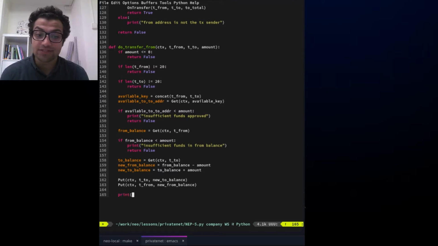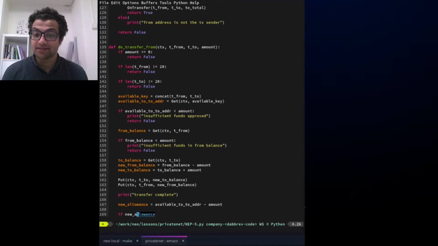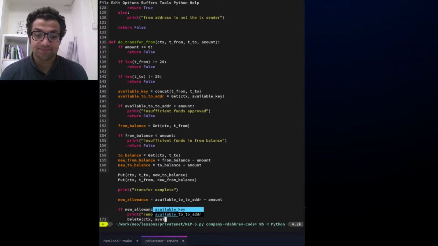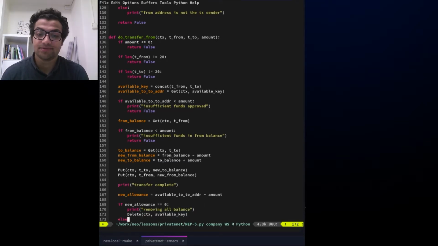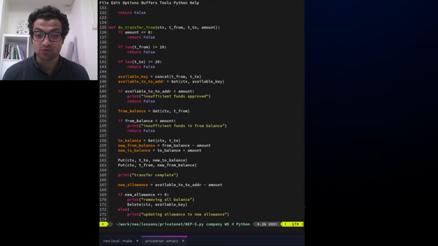After that, we save all these values in a smart contract. After this transfer is completed, we write the answer and save the new value of allowance as it has decreased. And in this case, if this value is 0, then simply remove it. If the remainder remains, then we calculate it and save it. It remains only to create an onTransfer event and return true. With the doTransferFrom function finished,